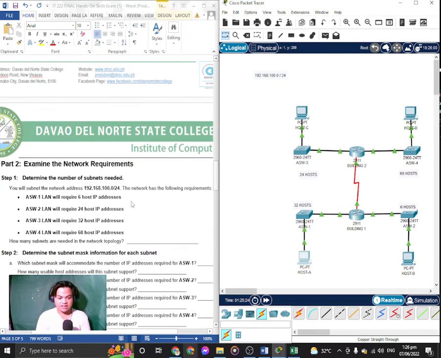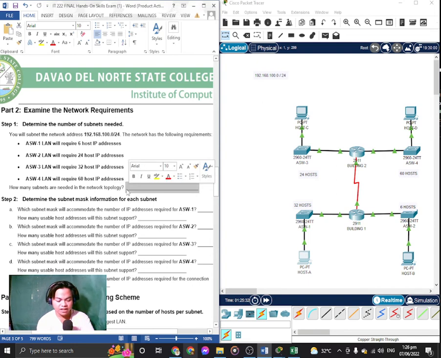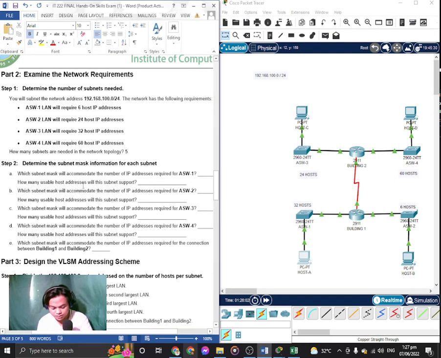Okay. Let's continue to answer. How many subnets are needed in the network topology? We have 5. Bakit 5? Kasi we have a 60 hosts, 32 hosts, 24 hosts, 6 hosts, and then kasali kasi yung one link, yung dalawang hosts needed. Kaya it has 5 network topology, 5 subnets are needed in the network topology. Okay? For the step 2,